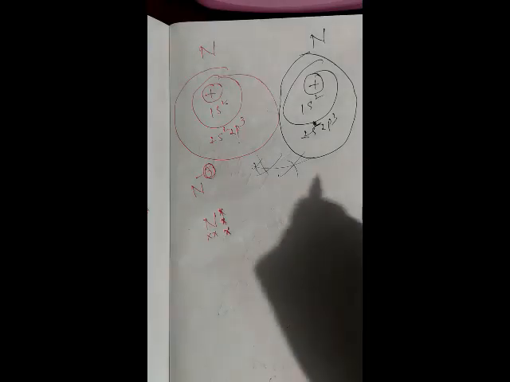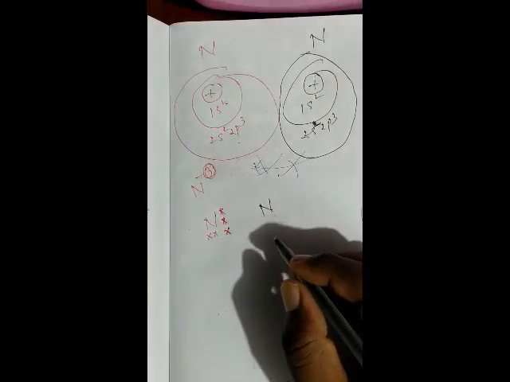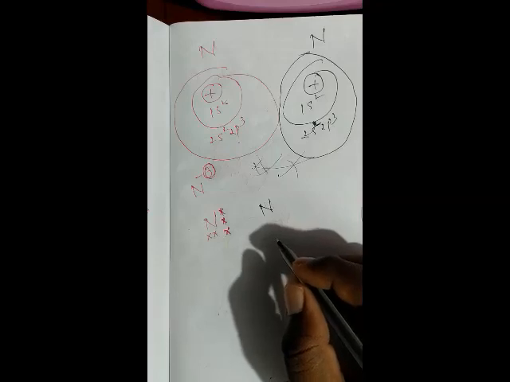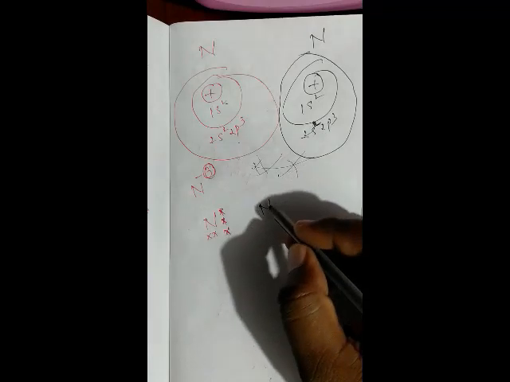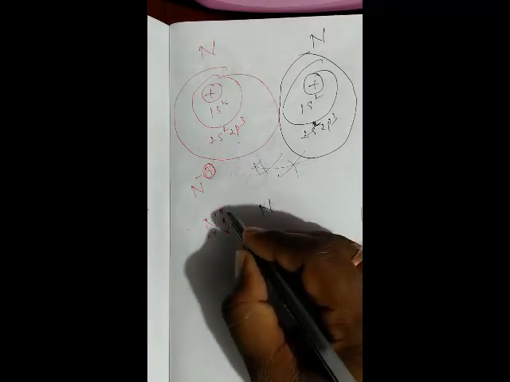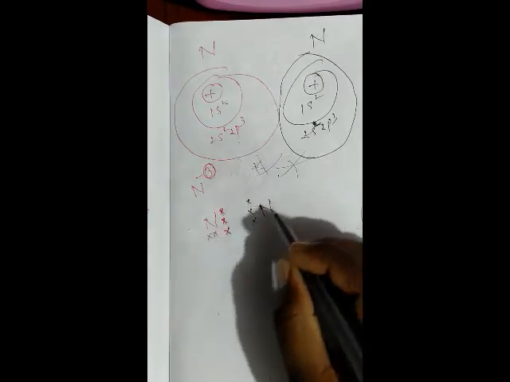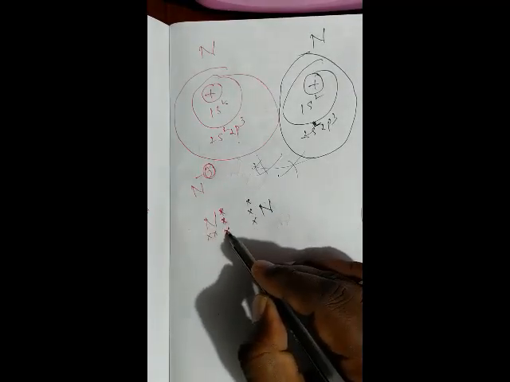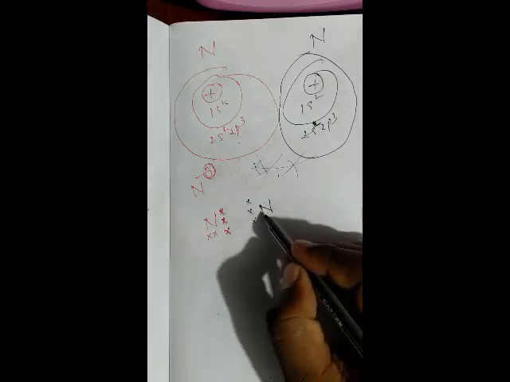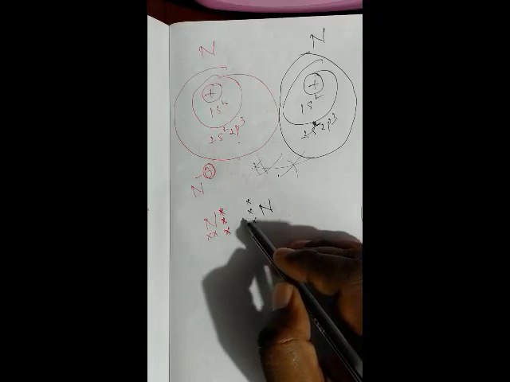Next, see the second nitrogen atom. Already I told you that the electrons required, that means the valency, you write first. So here this nitrogen atom requires 3 electrons. So in front of these electrons, write like this: one electron in front of this, one in front of this, and one in front of this electron. So this nitrogen completely requires 3 electrons. So 1, 2, 3, over. Valency number 3.